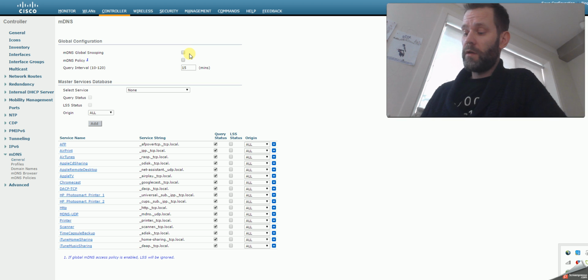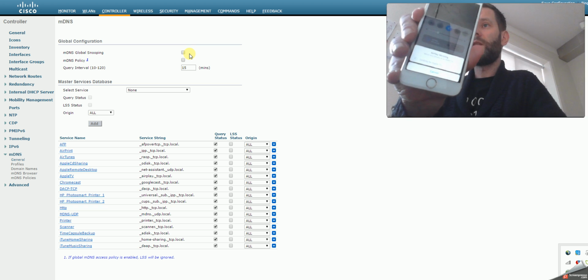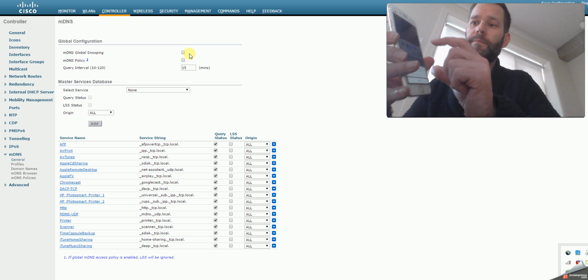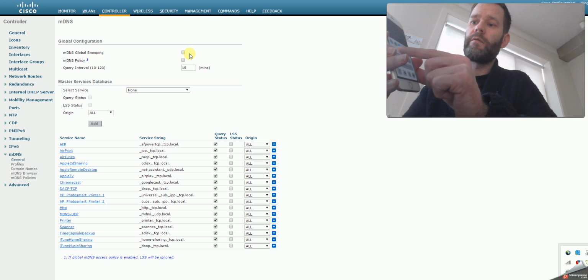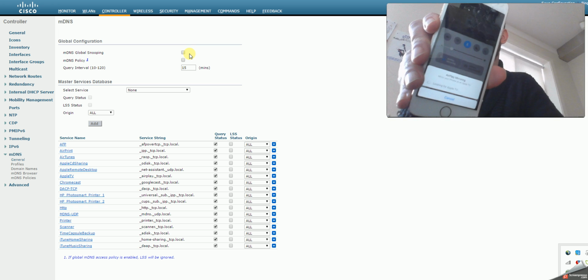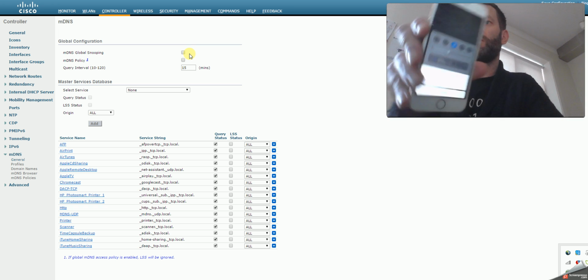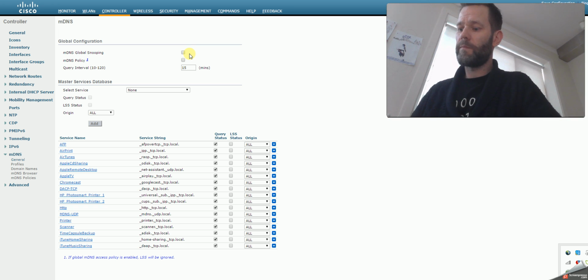In this case my phone here is on this network that I'm going to show you later on, and you see that the phone is searching for AirPlay services on the network, and there are none at the moment because this is not enabled. After we enable this service, we enable it globally for this functionality to work. So that is really